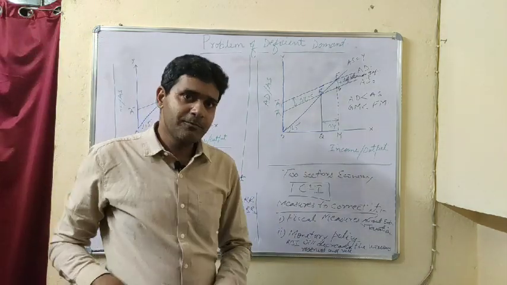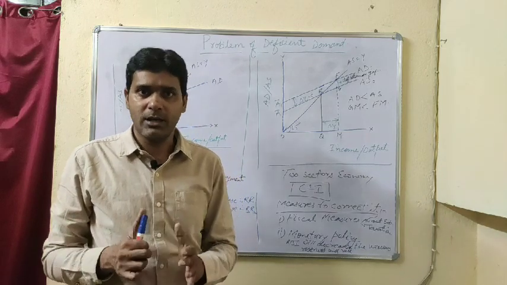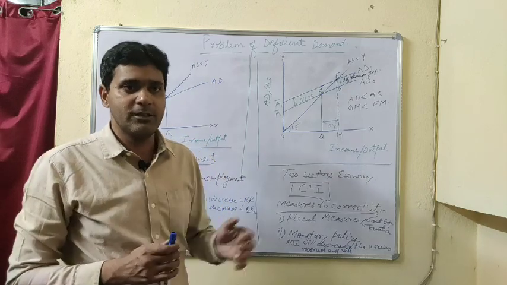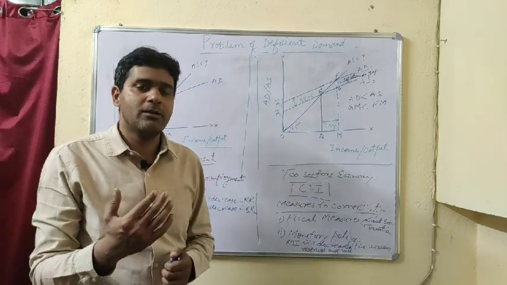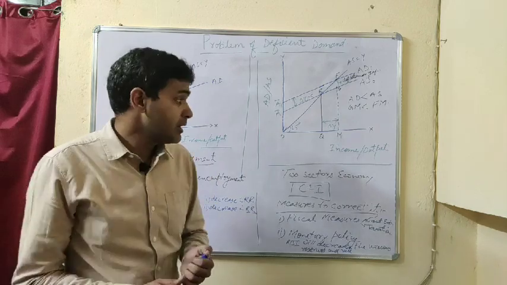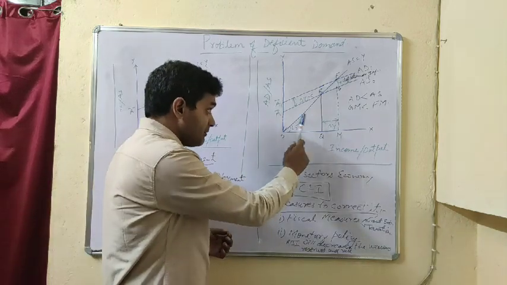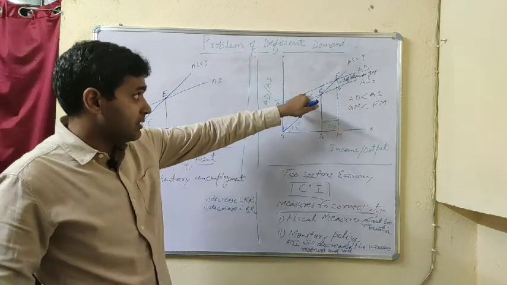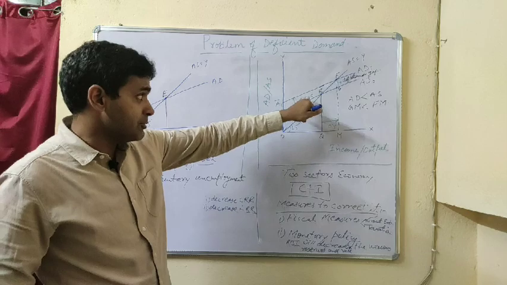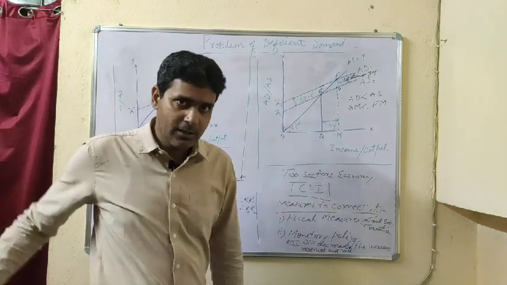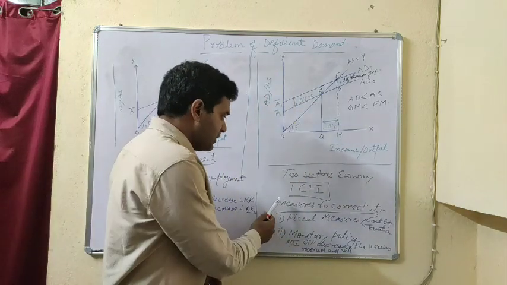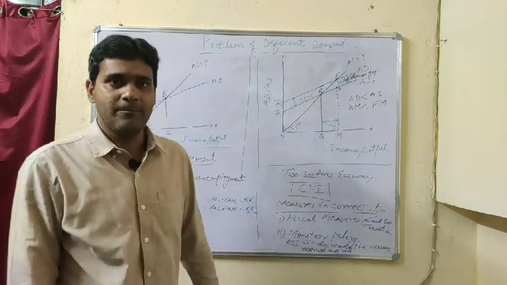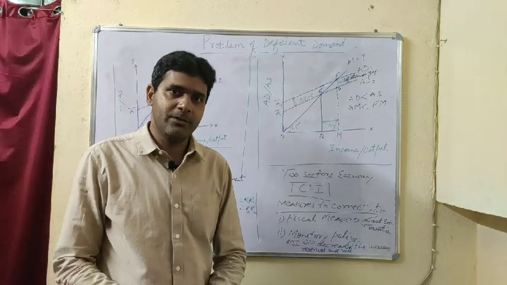So dear learners, please go through this concept again and again. It is yet another important aspect of this unit, determination of income, output and employment. Please remember that we are dealing with a two sector economy, so that is why the aggregate demand curve will shift only due to a change in autonomous investment. But in reality the government has to use these measures to correct the deficient demand. So this is what deficient demand is all about.